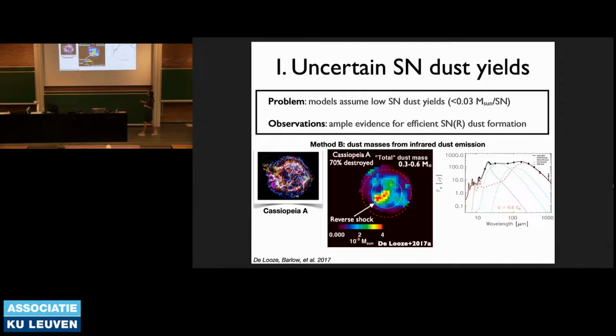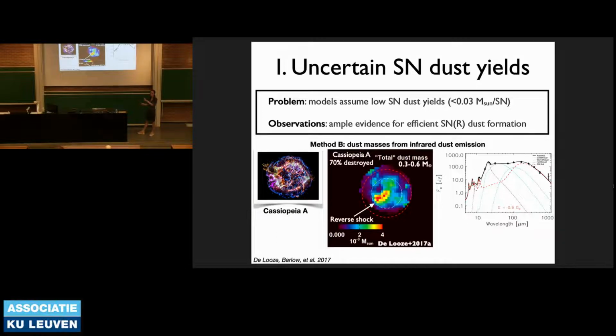So actually, what you can see here is, on resolved scales, where we think that more dust has formed in this supernova remnant. The first thing you can notice, so I've indicated the forward shock and the reverse shock, is that most of the dust mass is actually present within the reverse shock region, and that's also what we expect. If the reverse shock has been propagating inwards, and if we assume that dust had also formed here in the past but has been destroyed now by the reverse shock, then this is exactly what we expect, and then we could calculate a destruction efficiency of around 70% for Cassiopeia A.